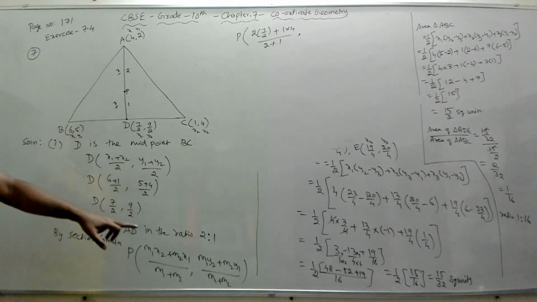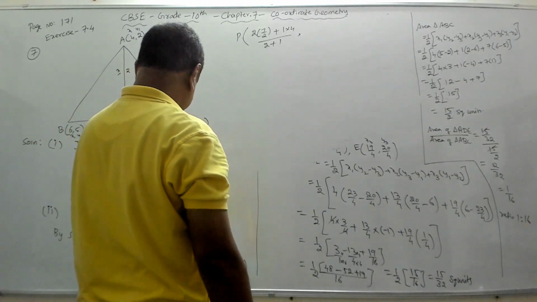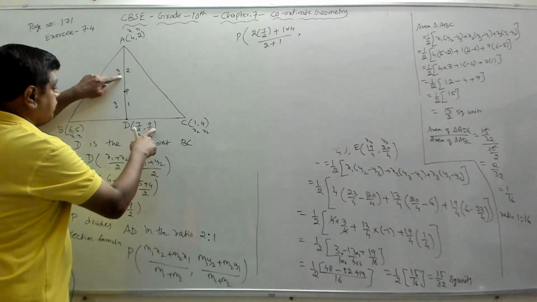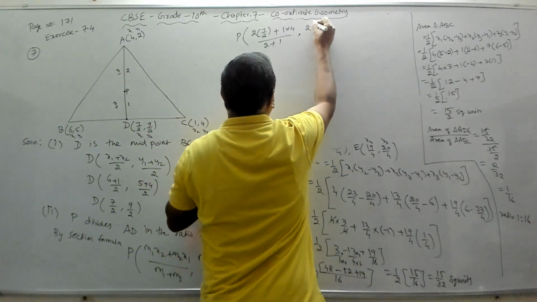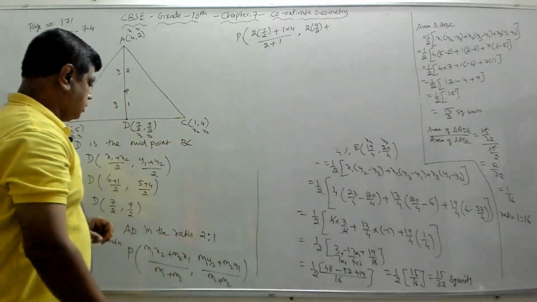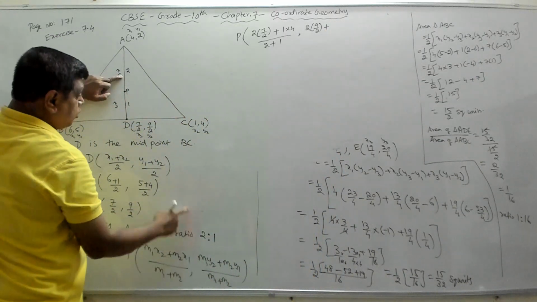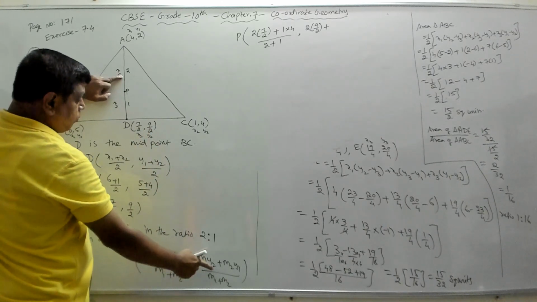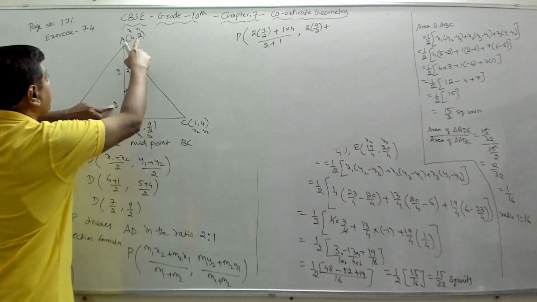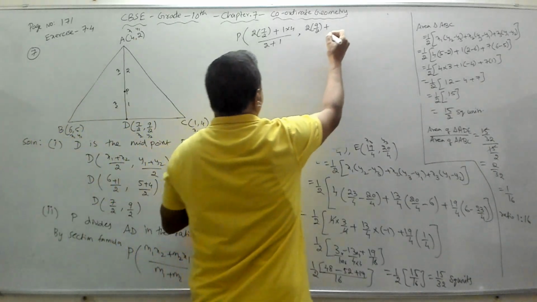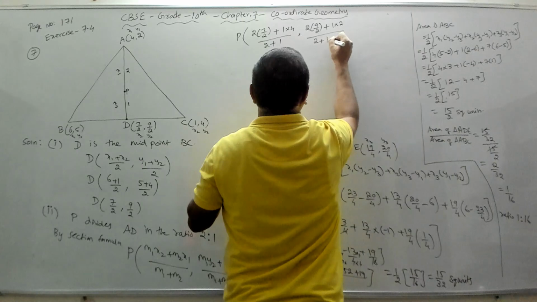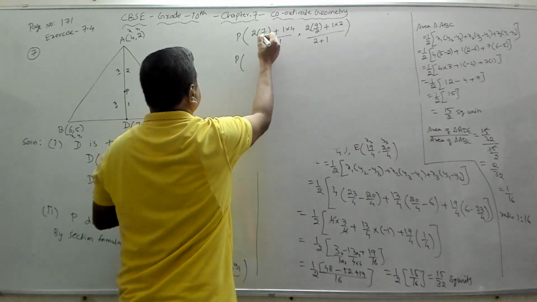Right? M1 plus M2, comma, then M1. M1 is what again? M1 is 2 into Y2. Y2 is 9 by 2. So 2 into 9 by 2 plus, right, M2 Y1. M2 is 2. Y1 is Y2. M1 Y2. M1 is 2. Y2 is 9 by 2 plus M2. M2 is 1 into Y1. Y1 is 2. So 1 into 2 by M1 plus M2. So 2 plus 1. So if you simplify this, you get P as 2 will go.